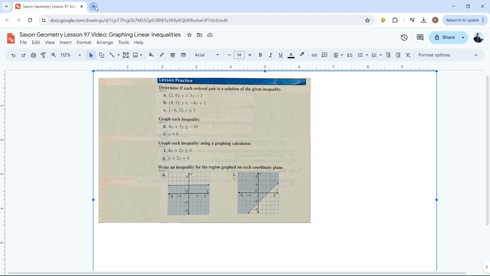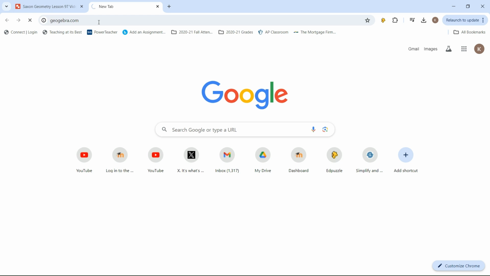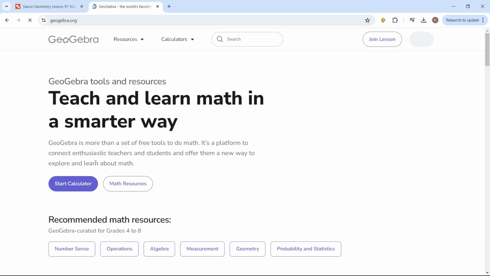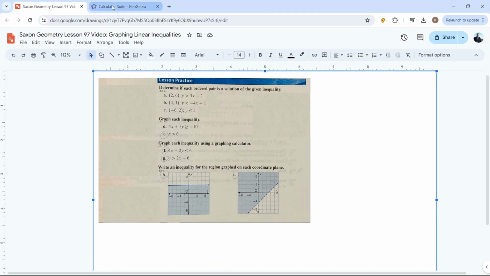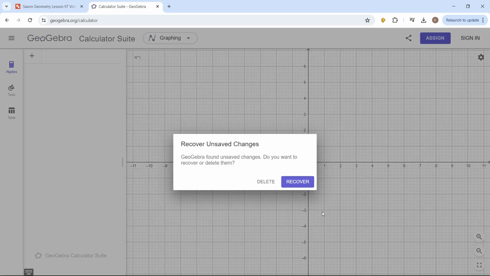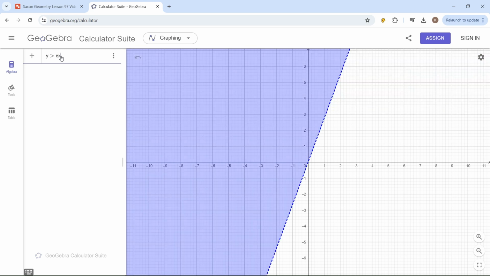Now, before we go any further, I'm just going to graph that in GeoGebra. We don't really have to do this, and you certainly wouldn't have to do this for your problems, but it's actually nice for us to be able to visualize exactly what it is we're looking at. Okay, so let me just grab that exact equation once again. y is greater than 3x minus 2. That's what we're going to start by graphing here. All right, we're just starting up our calculator. y is greater than 3x